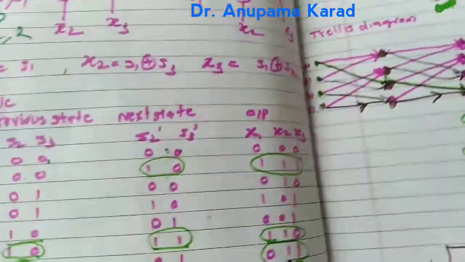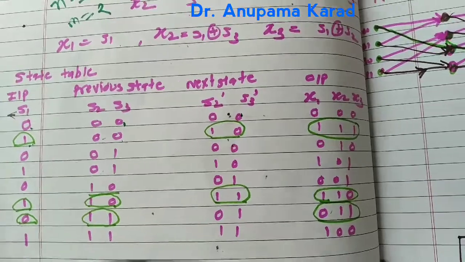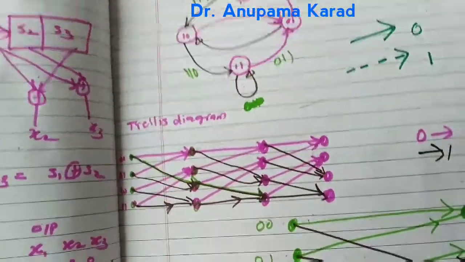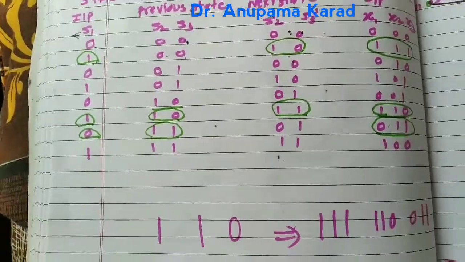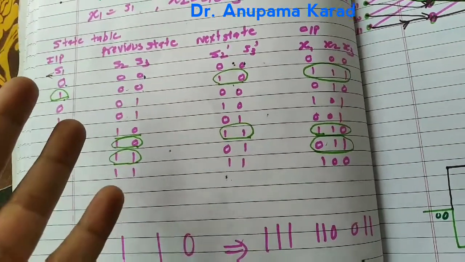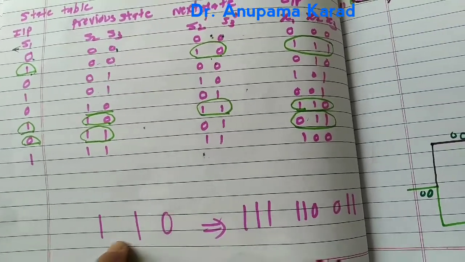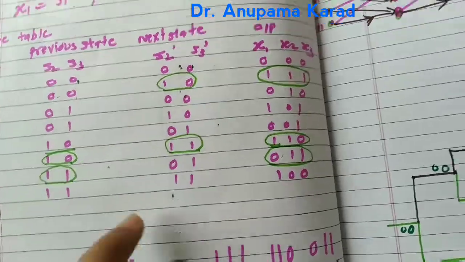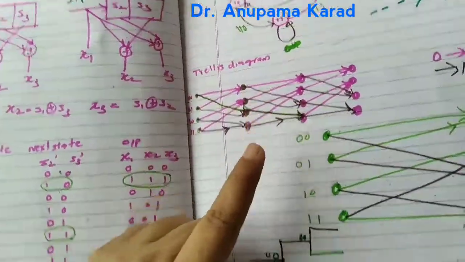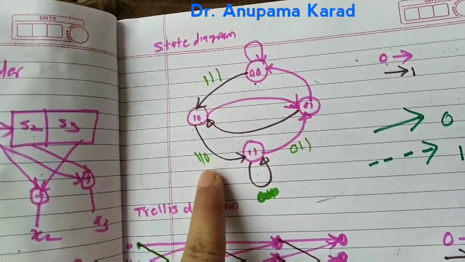So this is very easy. Just one thing is that the state table should be correct and clear. Then state diagram, trellis diagram and code tree are the ways to represent it. Now in your exam they ask you to find the output coded bits when they give you the input. Suppose they have given you the input 1 1 0, then what is the output? For that you can use either state table, state diagram, trellis diagram or code tree. But here I will explain with the state diagram.